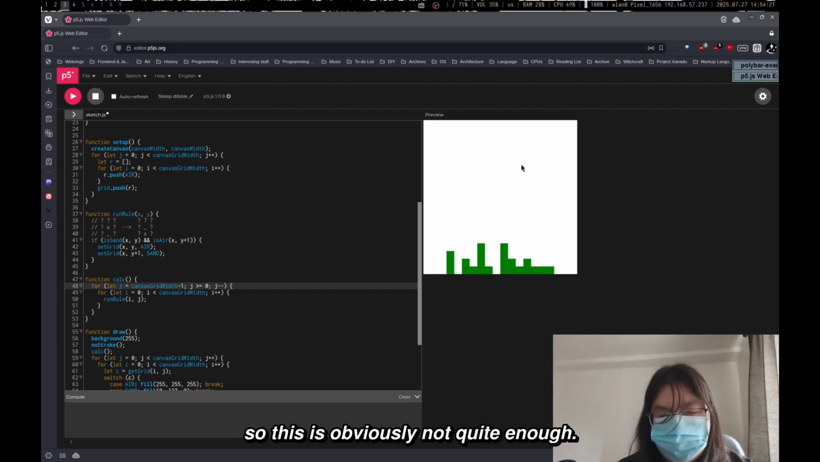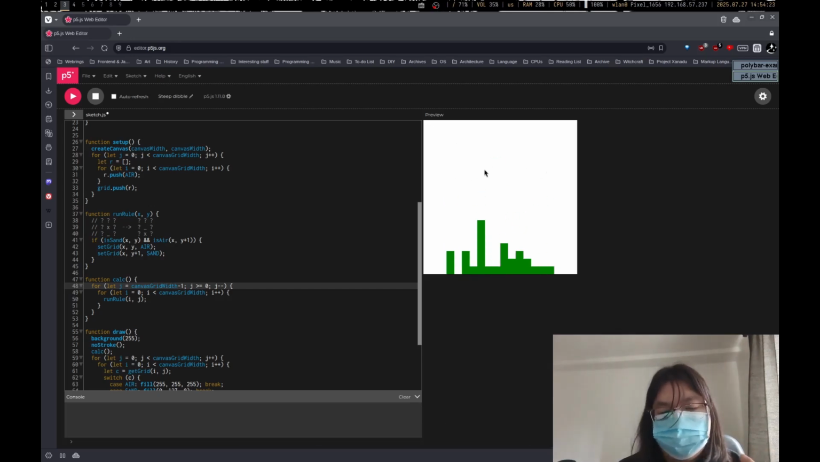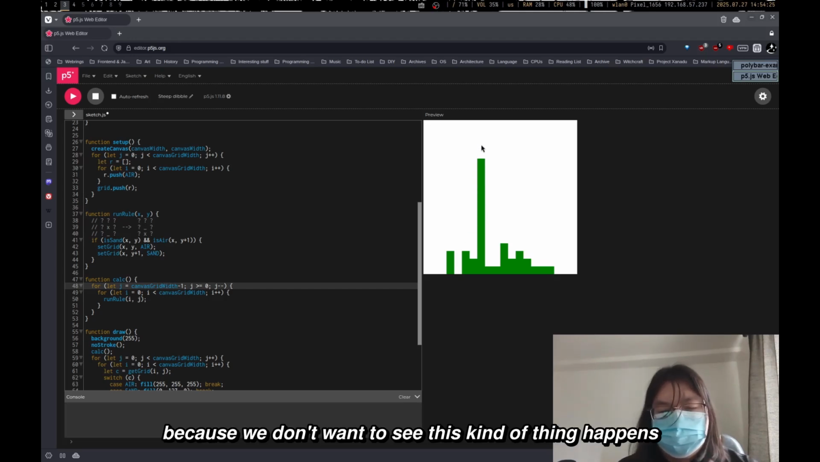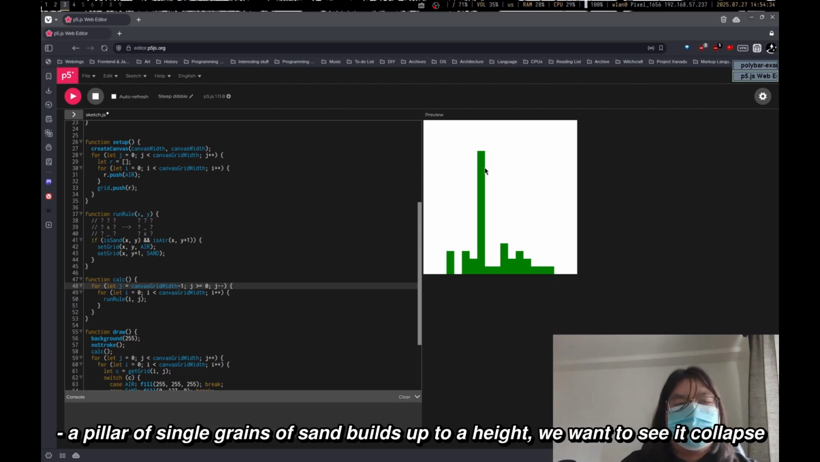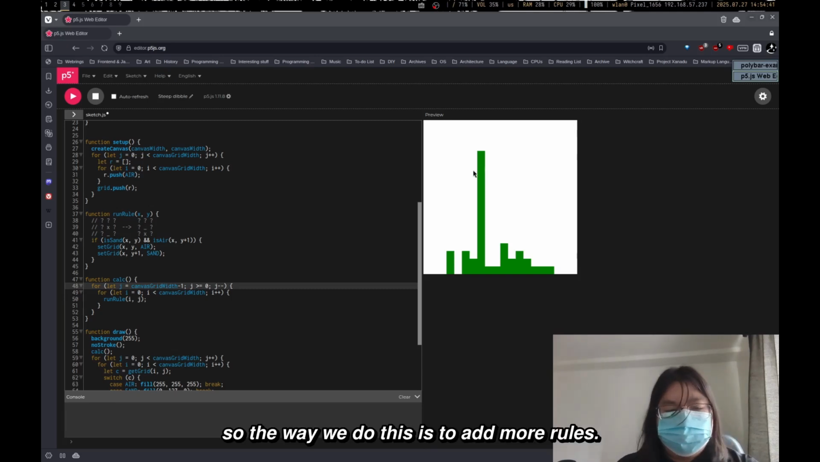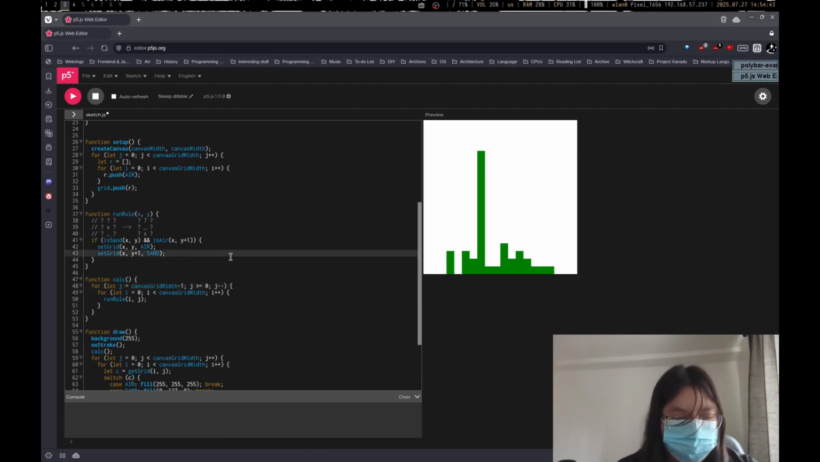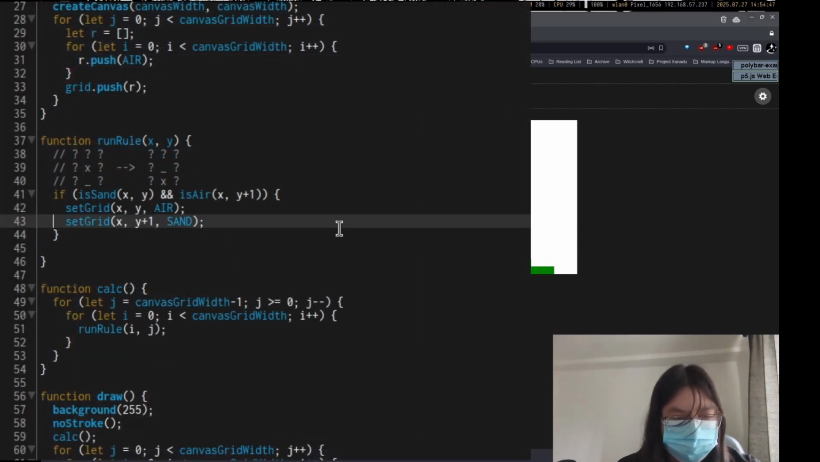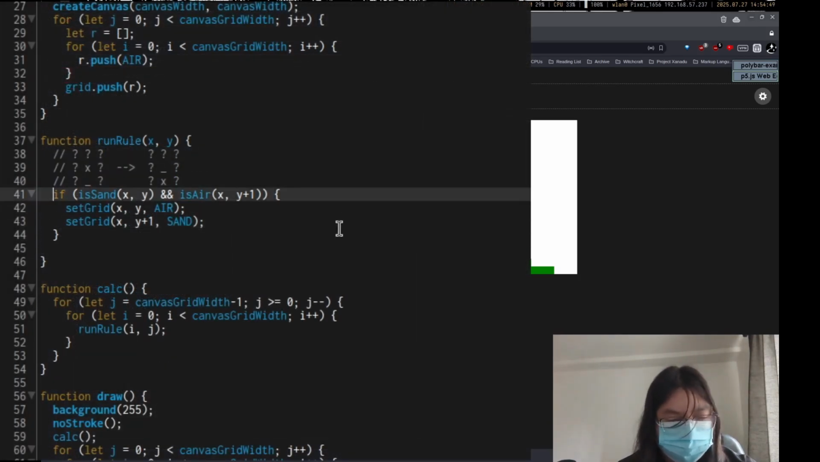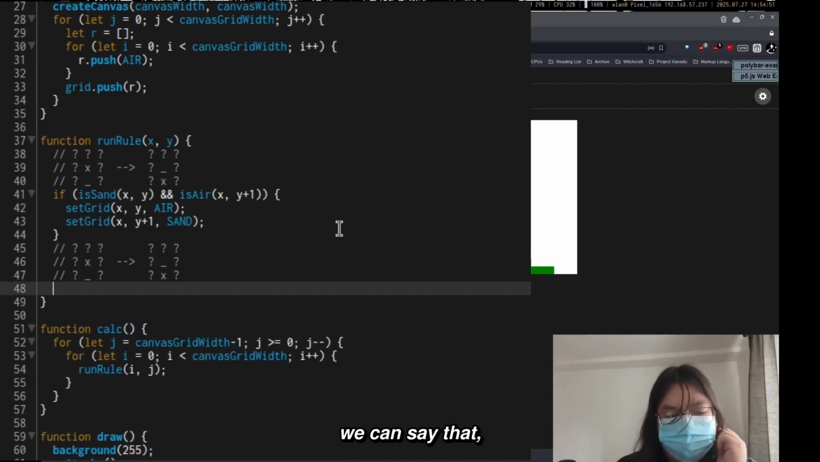So this is obviously not quite enough, because we don't want to see this kind of thing happen. We want to see that whenever a pillar of single grains of sand builds up too high, we want to see it collapse. So the way we do this is to add more rules. We can say that, we'll copy this. We can say that if